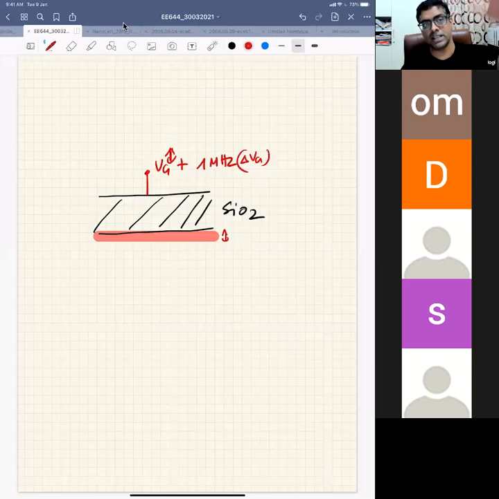So if you're changing your voltage very fast, right? One megahertz means you are changing very fast, in the microsecond order, right? So your inversion layer could not respond. So that's why when you